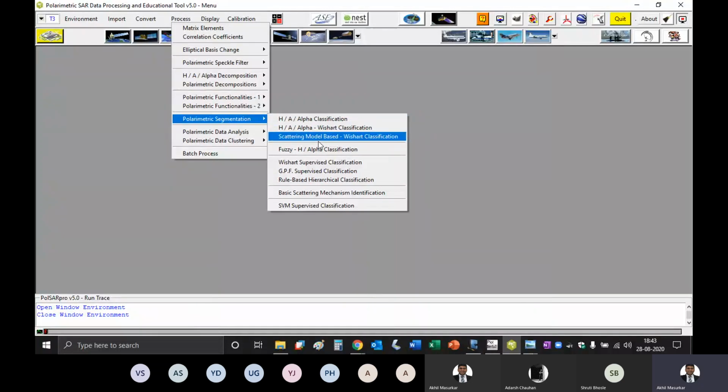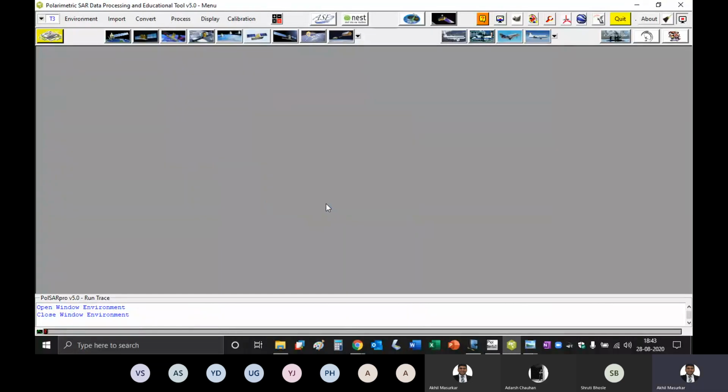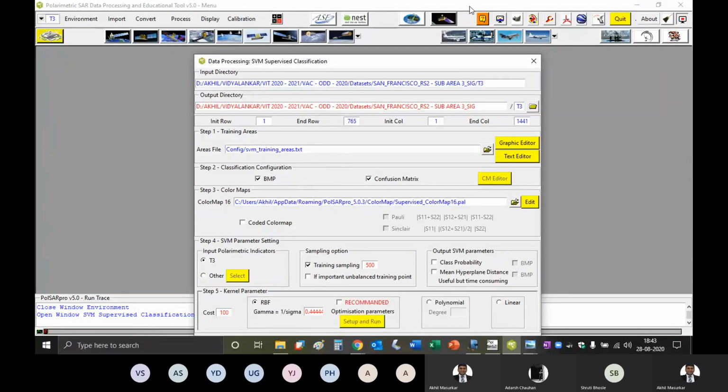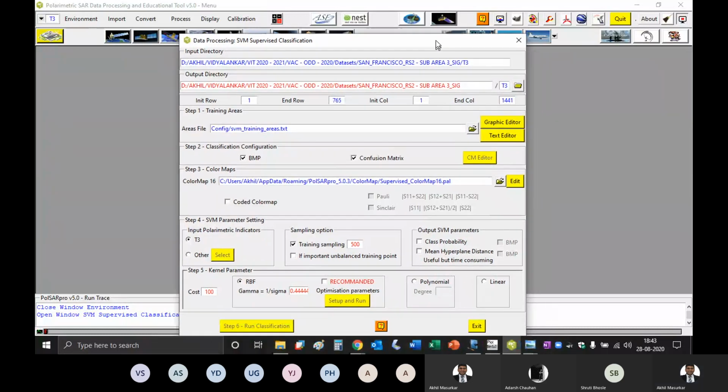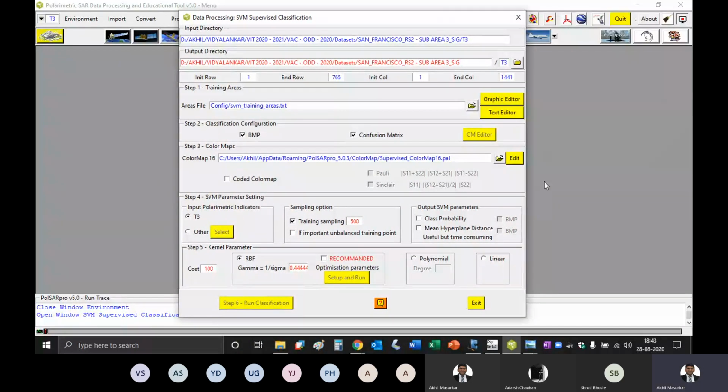Now in polarimetric segmentation, we have SVM supervised classification. Click on that, and this entire window should open.